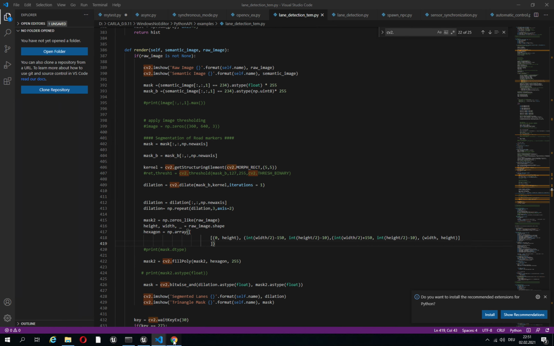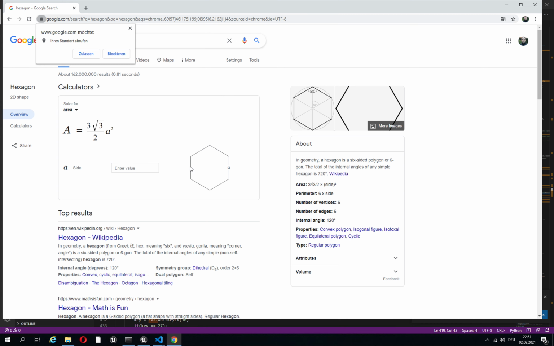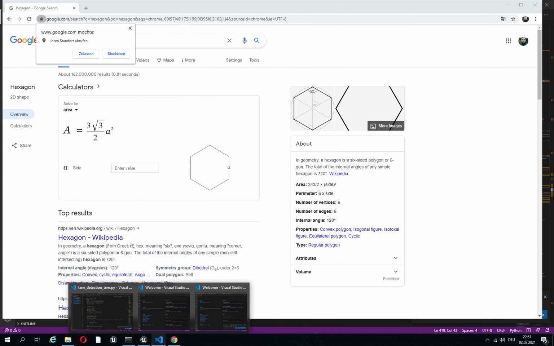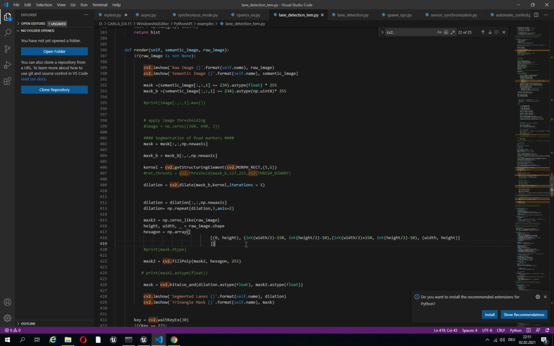And I'm thinking about replacing the triangle with a hexagon, where basically we start from here, then we go a bit up, then we do the triangle, then we go down. So with a hexagon, in this case, instead of 3 points only, we would have 1, 2, 3, 4, 5. Of course, we have a half hexagon, which means we need to start from the left bottom corner. Then we would have a point also,